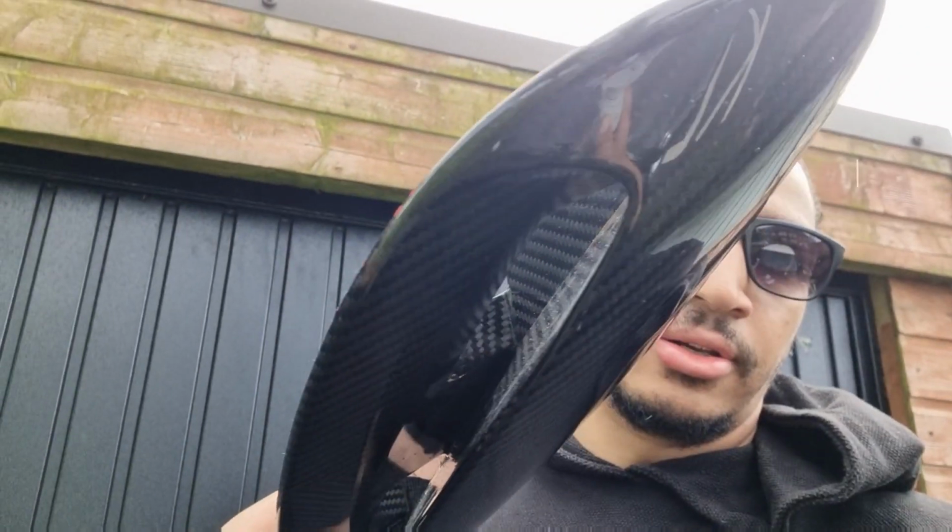Anyway, welcome to the Fit the Scoop episode, which was repaired brilliantly by ADH Customs. It was cracked in the corner here and he sorted it out for me. Done a brilliant job. Can't really tell unless you're super close up, but apart from that it's cool. But the problem we've got is,